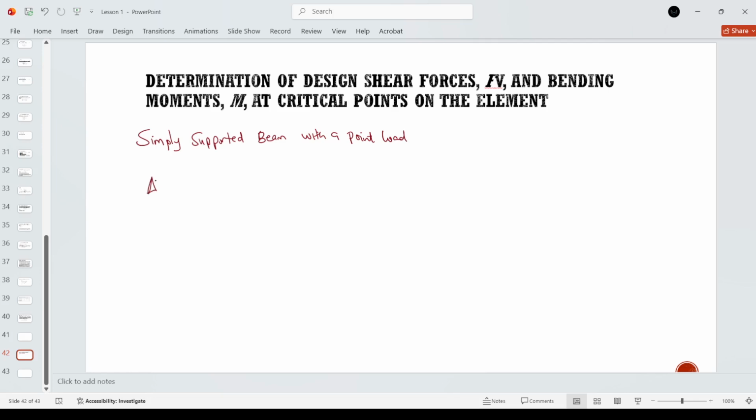It will look like this. So, it has a point load. Simply supported beam with a point load at the center, exerting a force W at the center of the span. So if the span is L,